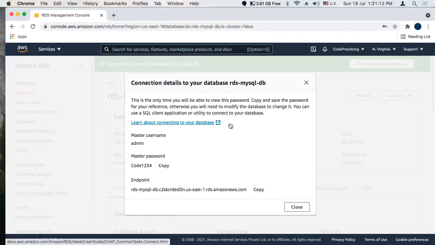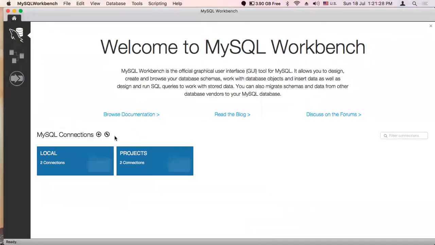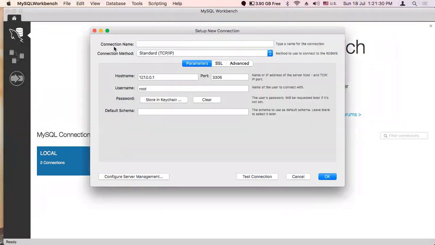Okay, our third step is to connect to the RDS MySQL database instance. In this step, we will connect to our newly created database using MySQL Workbench. For that we will go to MySQL Workbench, click on new connection: connection name, connection method, host name, username, password.